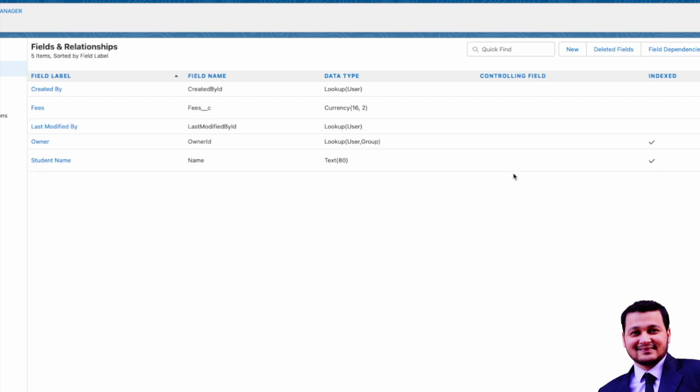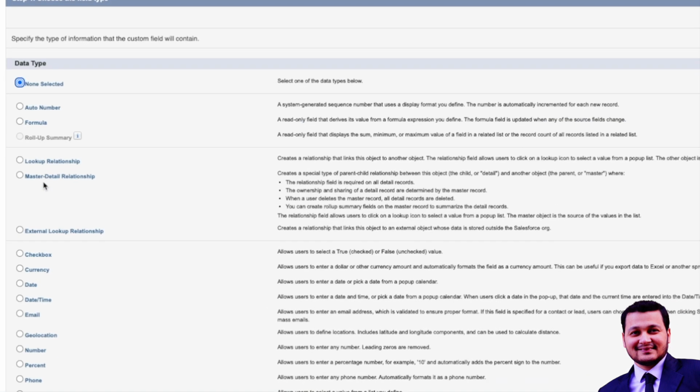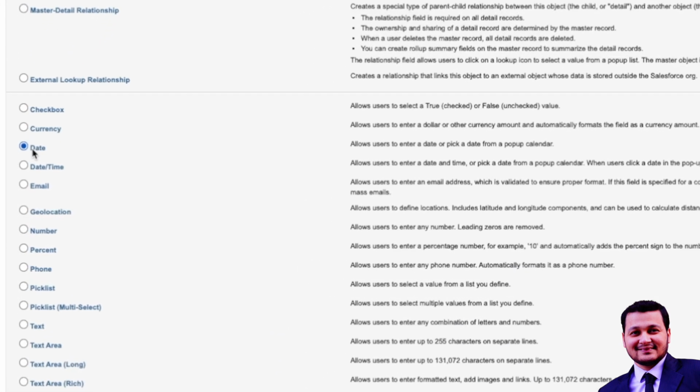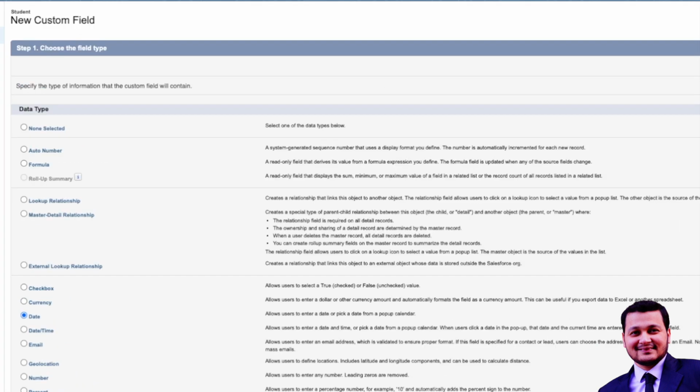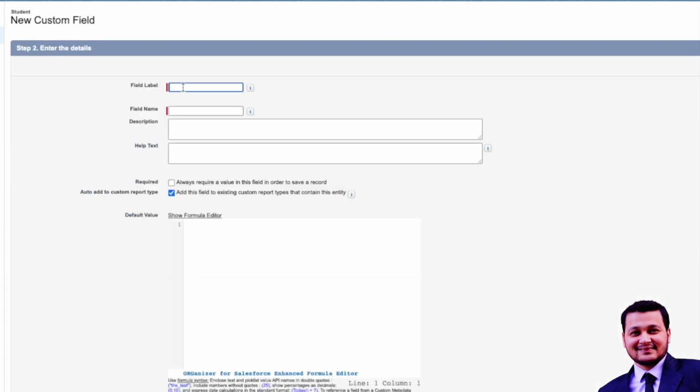Okay, so on our student object, we are going to create a date field. So we'll click on new here and we'll select the data type as date. Then we'll click next here. What the date data type does is it lets you create a date field using which you can store a date in